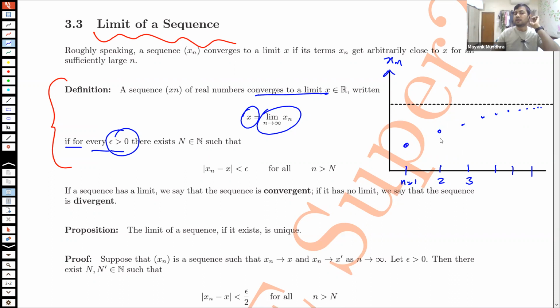If I were to connect these dots, the sequence numbers would probably look something like this. But since it's not a function, it is not defined on all points. It is only for n equals 1, n equals 2, n equals 3. Okay, so this is your x1, this is your x2, and so on. I'm not writing everything because it will become very cluttered. You won't be able to draw anything from the graph if I put everything in. So I'm keeping it as neat as possible. So we say that the limit of this sequence is x if for every epsilon greater than